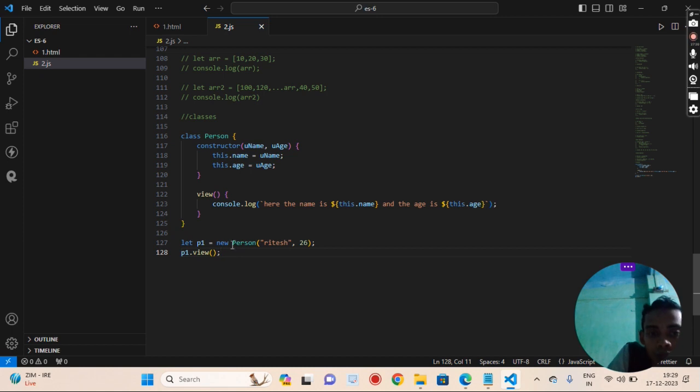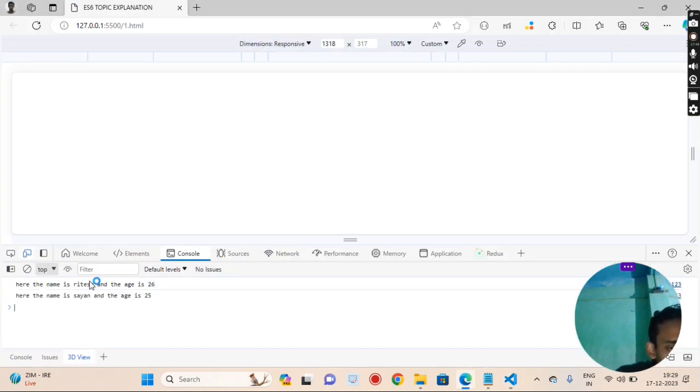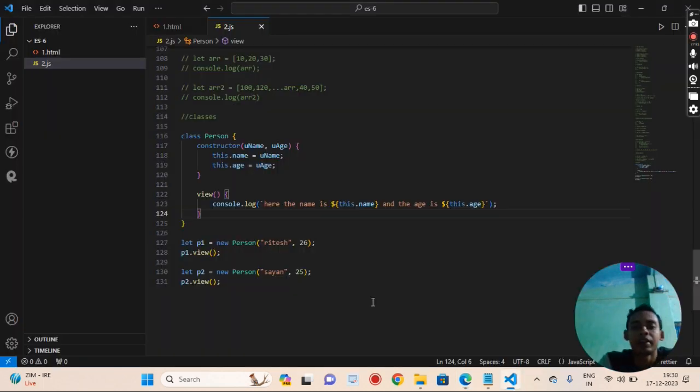And if we want to make another new object, like p2, and we give it a different name like Sion, and we give age 25, and we want to print it, we just call that method, and we can see here the name is Ritesh and age is 26, here name is Sion and age is 25. So by that way, making objects is very much easier for us